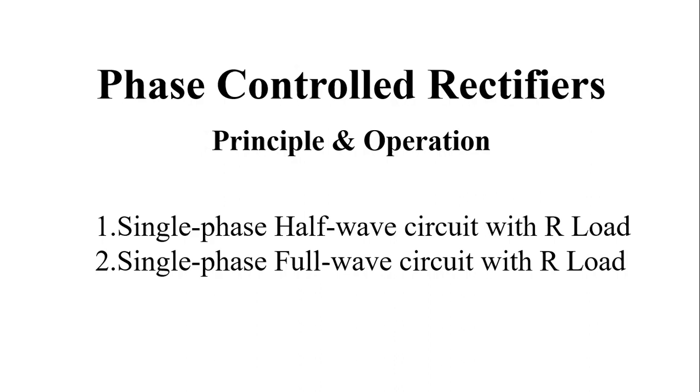Before we understand the principle and the operation of the rectifier, let us quickly refresh what a rectifier is. A rectifier is an electrical component that converts alternating current AC into direct current DC. A rectifier is analogous to a one-way valve that allows an electrical current flow in only one direction. The process of converting AC current to DC current is known as rectification.